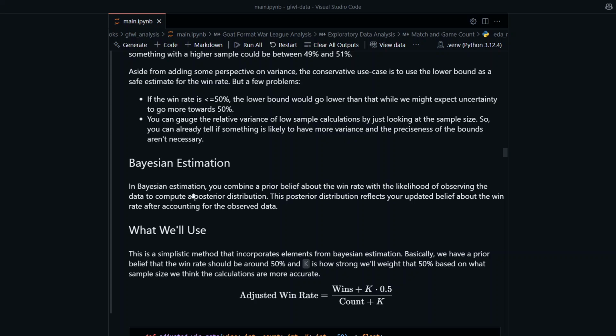The one that's actually pretty useful here is the Bayes estimation. I'm not going to go into detail with Bayes estimation here, but you could combine a prior belief about the win rate with the likelihood of observing the data to compute a posterior distribution. The posterior distribution reflects your updated belief about the win rate after accounting for observed data. Okay, so what that means is,